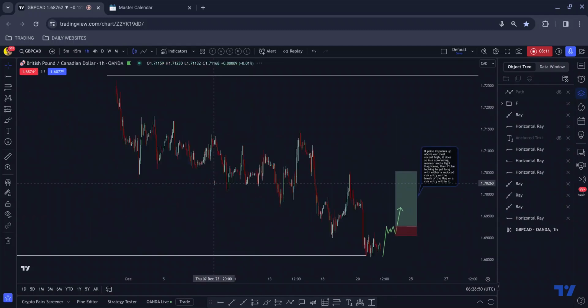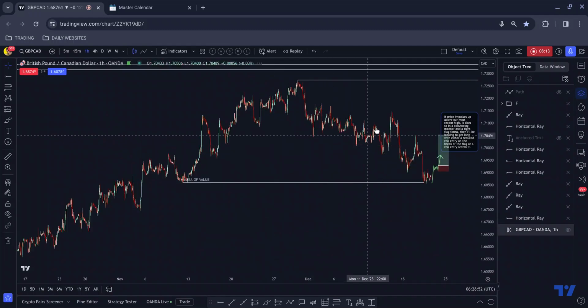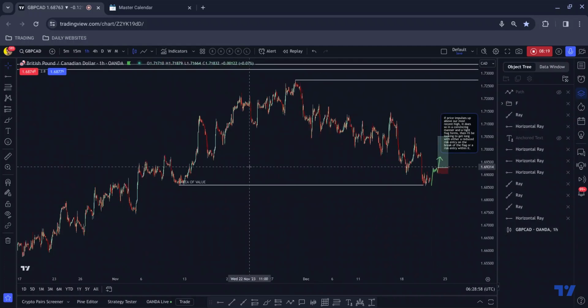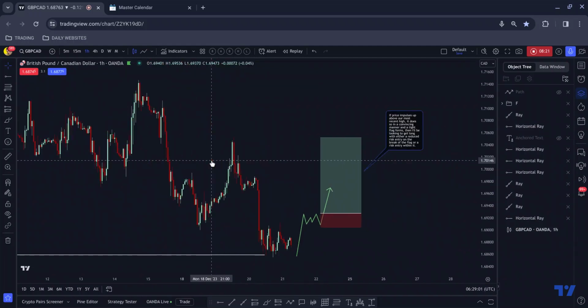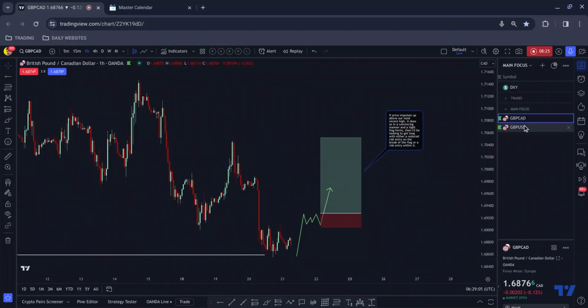And that is what I'm going to be looking for on pound CAD. And of course, if we break above there, then we're likely taking out these near misses and those higher time frame near misses that I showed you for a move to the upside. So that is pound CAD.